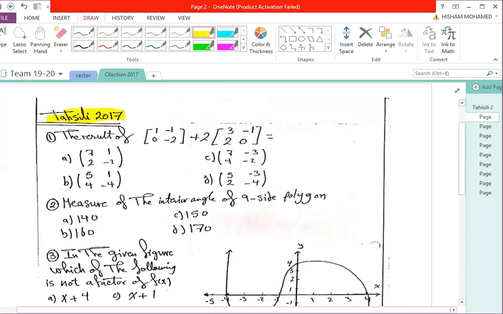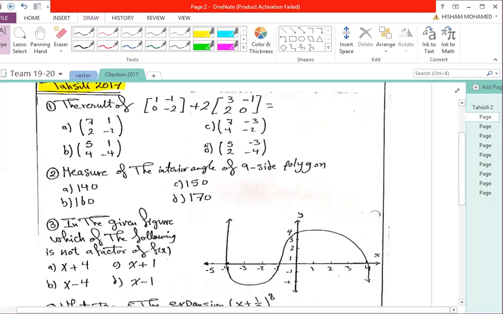2017. We are going to solve some collected questions, translated by me, for the تحصيلي. The first one is the matrix. The result of adding the matrix 1, 0, negative 1, negative 2 and the matrix 2 times 3, 2, 0, and negative 1. We can notice that I need to multiply the second matrix by 2, which is 6,